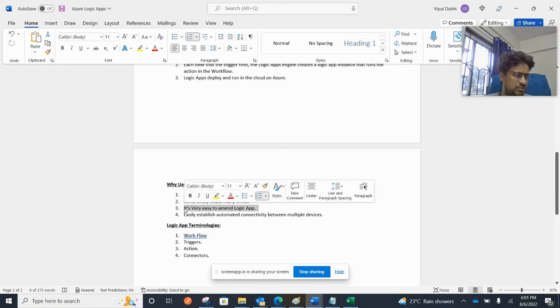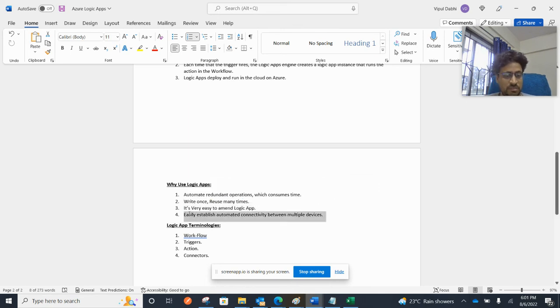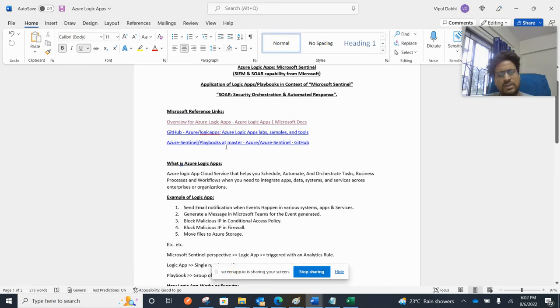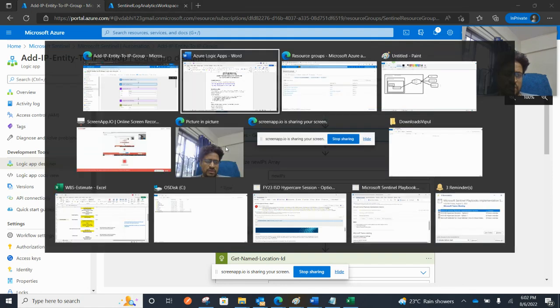We can add an action as per our requirement. We can customize an existing template. We can create our own template. We can easily establish automated connectivity between multiple devices. As we see, there are all these services we can establish communication between to achieve one goal. These are all the terminologies which we discussed indirectly in the previous research document. I hope this brief is quite good and sets the stage for us to proceed further on the hands-on part, where we'll try to create some playbooks so that it will help you